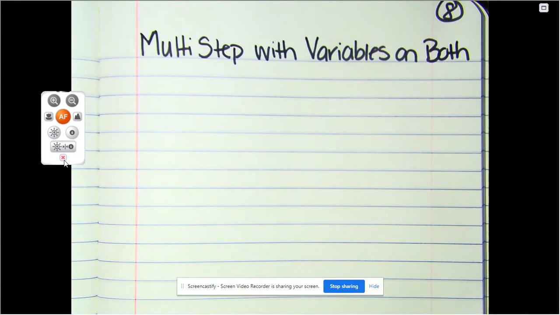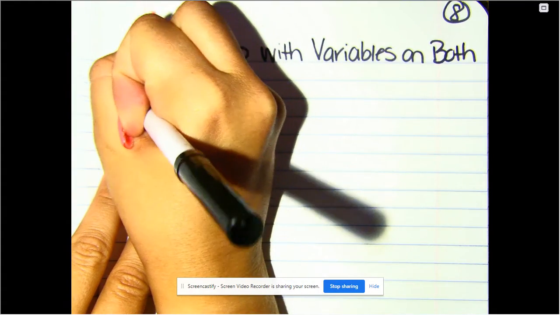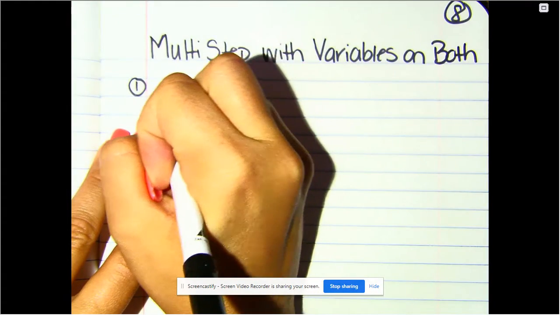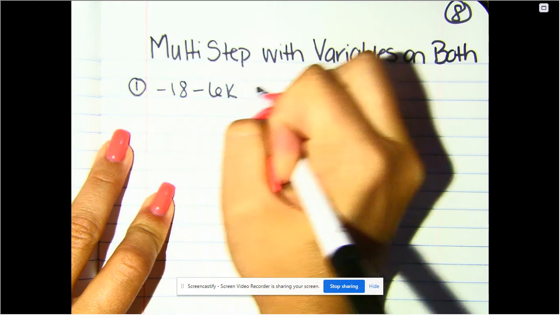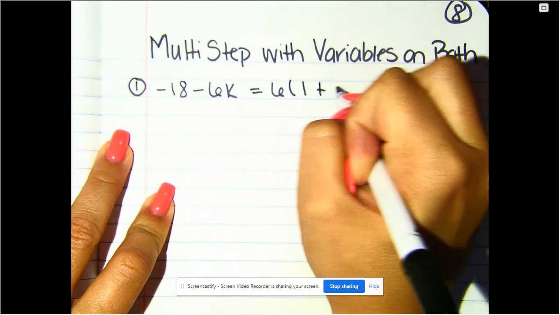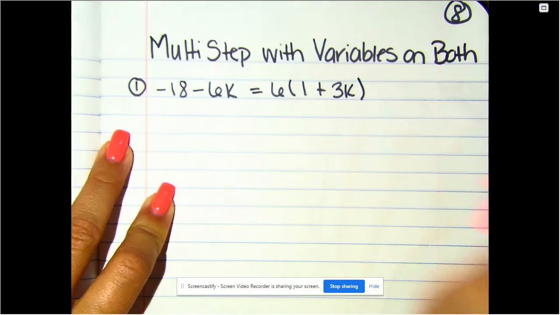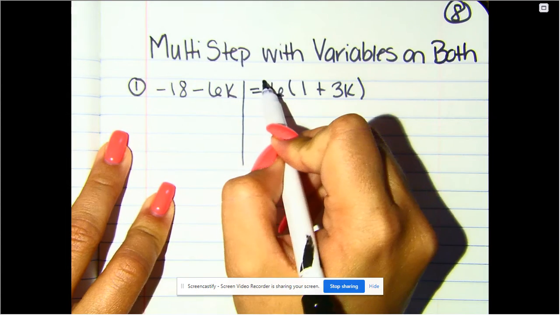In this particular video, we are going to go over multi-step equations with variables on both sides in some cases. So first, number one, we are going to look at negative 18 minus 6k is equal to 6 times (1 plus 3k). As you can see, we have variables on both sides, so I'm going to draw the river or wall around